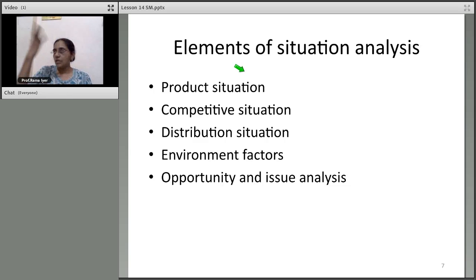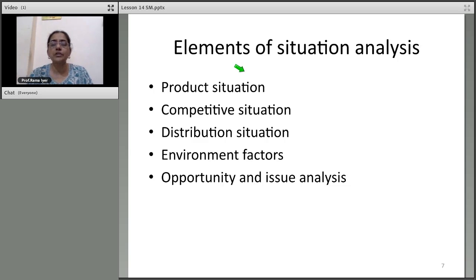The need of the customer is a key, for your finally deciding whether you are succeeding or failing, isn't it? The need of the customer has to be taken into account. Customer is a key. So everything has to meet his requirements, right? Then comes your competitive situation. This involves analysis of the competitive forces to identify the closest competitors.